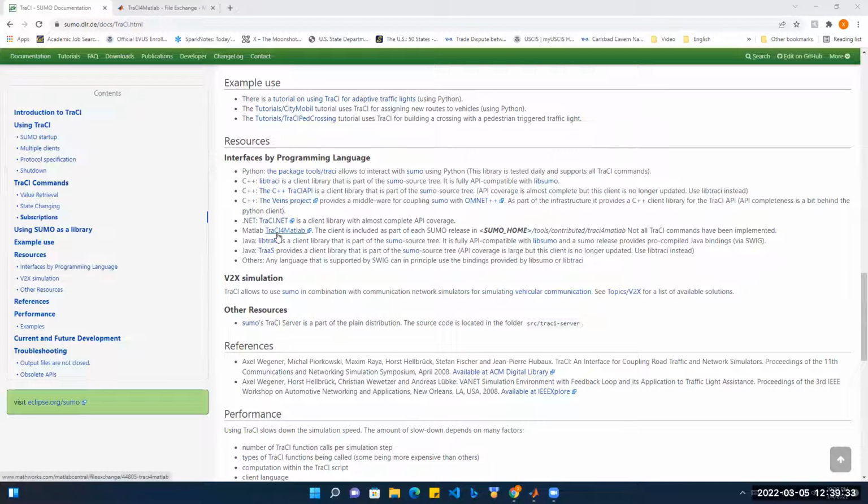So that is TraCI4Matlab. TraCI4Matlab is included as part of the installation of SUMO. It is installed in this folder. So on my computer, SUMO's TraCI4Matlab is installed at